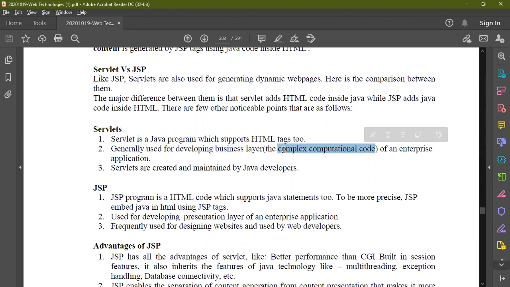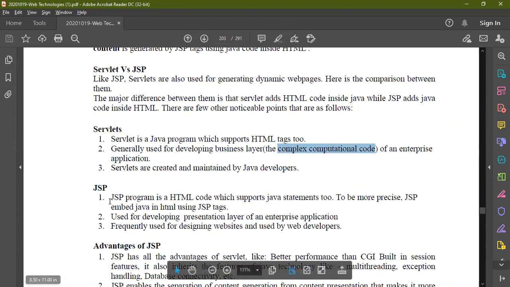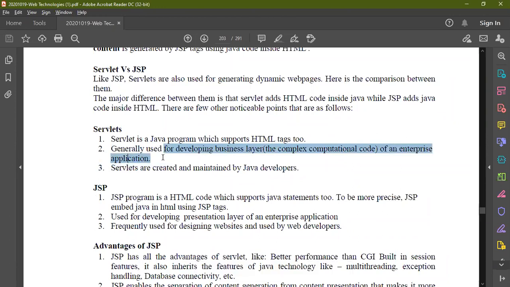Since in HTML we cannot write complex computational code, for example object oriented things cannot be implemented in HTML or in JavaScript, that's why we select servlets, where if you have a huge business logic to be implemented for your server, then you use servlets. This is the point you need to specify: developing the business layer, that is complex computational code for enterprise web applications.